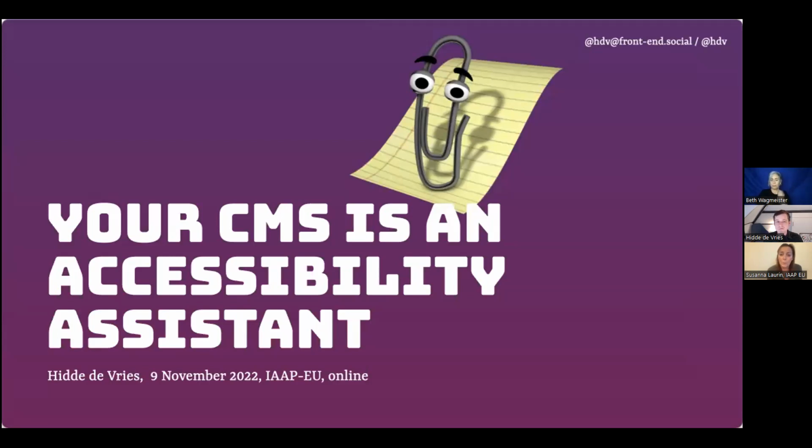So what is your take on this? Should the CMSs warn or stop content creators from making mistakes? You touched upon that a little bit. You could either provide a warning, or you can actually say it's not possible to publish this if it's not accessible. So being a developer on the back end of a CMS system, what do you think is the best way to do that?